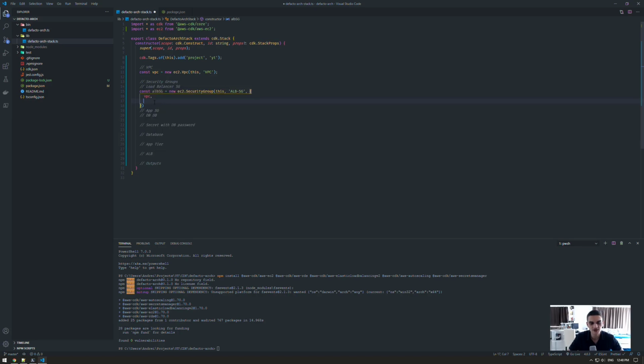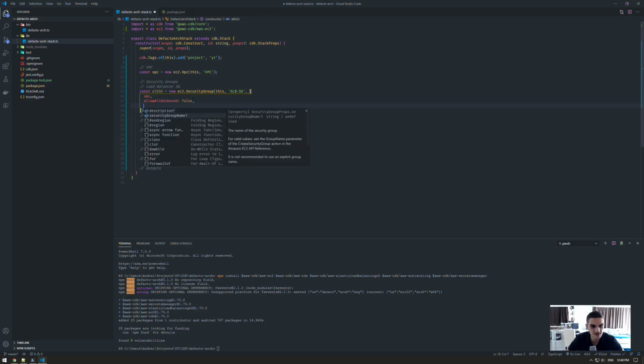So actually we don't want it, because this is the load balancer security group. Well, I guess it doesn't really matter, but let's say that we don't want that. The default value is true for this, so all traffic from within the resource is allowed. But let's say that we want full control over what goes through the load balancer, so we're gonna set it to false in this case. And anything else, security group name, maybe a description,